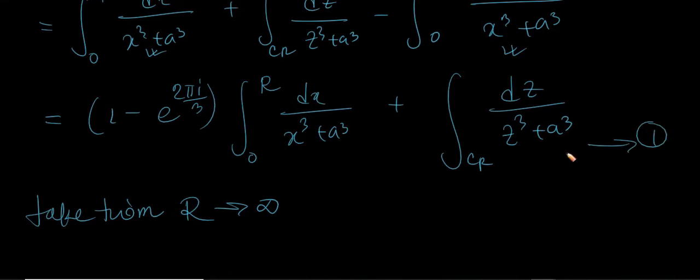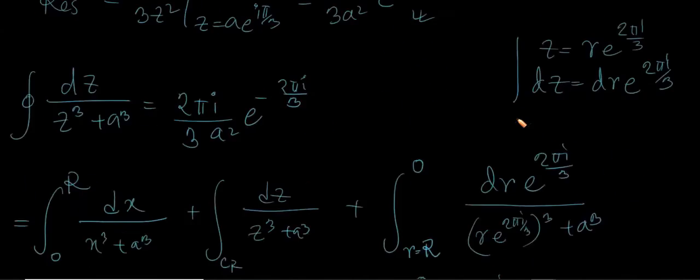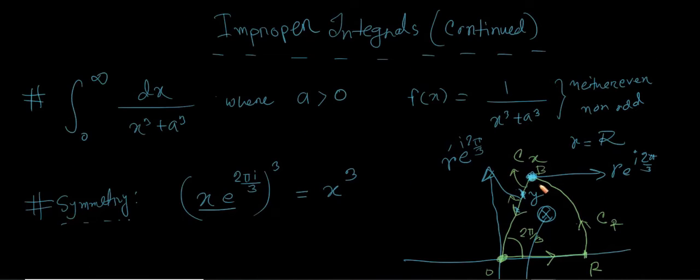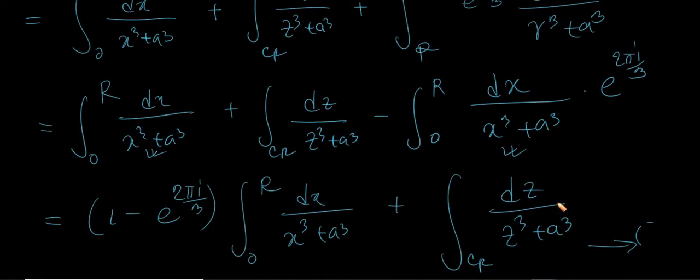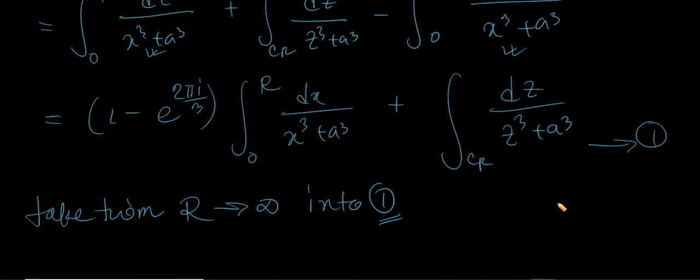And let's say this is our equation number 1 into 1. So if you do that, obviously you can see this part, the first part over here, the limit will change from 0 to infinity, and all you need to do is to figure out what happens to this CR piece, that is the piece coming from the semicircular arc. And if you have followed the previous videos quite carefully, you can already see that this part will be 0,